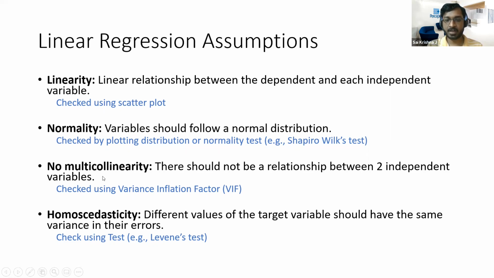Okay, so if that relationship exists, we call it a multicollinearity condition, and this is checked by using a metric called the variance inflation factor, or VIF. Okay, there's another crude way of doing this. Once you do that linear regression, we have certain metrics to evaluate the performance of that model, and one of them is called R square. If there is multicollinearity, that R square will shoot up to something like 0.98 or 0.99. When that happens, you can say that there is probably multicollinearity in the data.